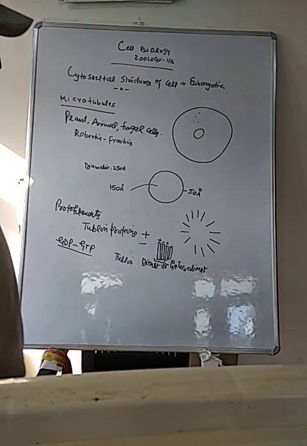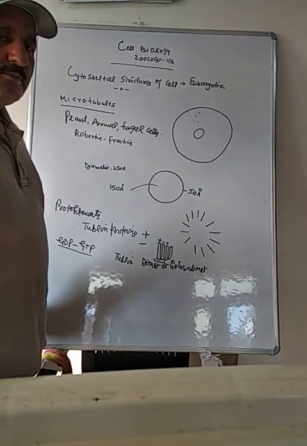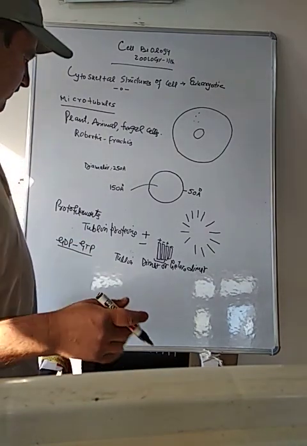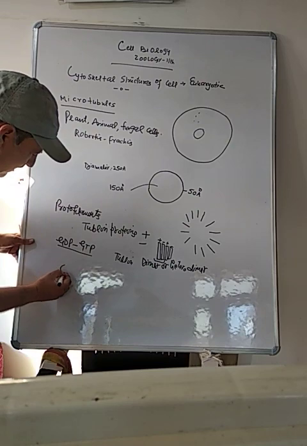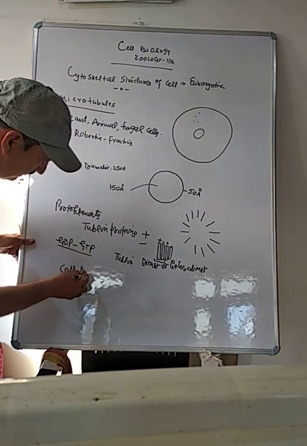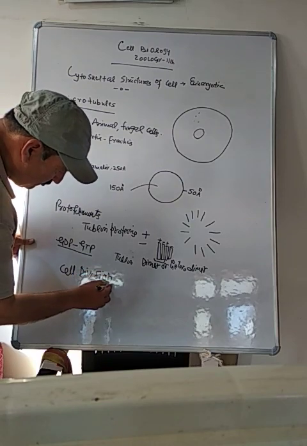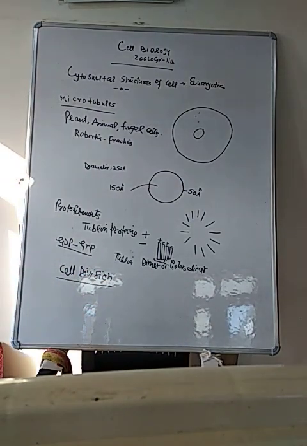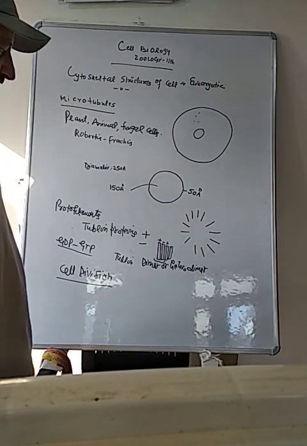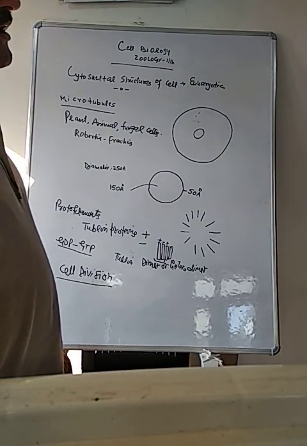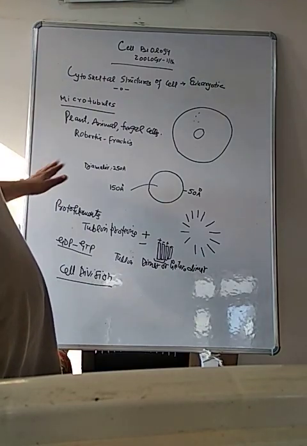One of the important functions of microtubules is cell division, mitosis and meiosis. This is an important cell function. Microtubules are very much essential for cell division, mitosis, meiosis. And what do these